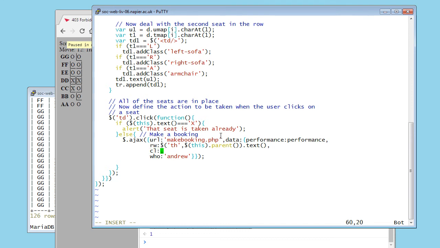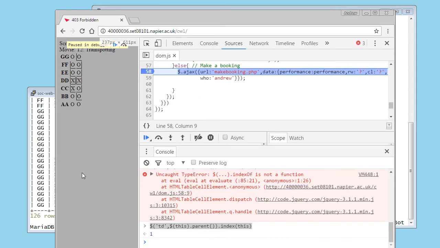Right click, and don't forget to add 1 because we're numbering our seats from 1 like humans, and it's numbering the seats from 0 like a computer. Okay, so it's going to make that Ajax call. The Ajax call will fail because I haven't written this, but I'm in a position to test now. I'm going to take out that, run that to completion, save this guy,